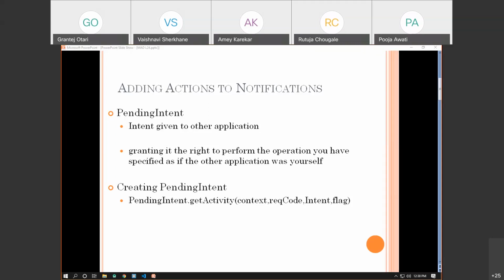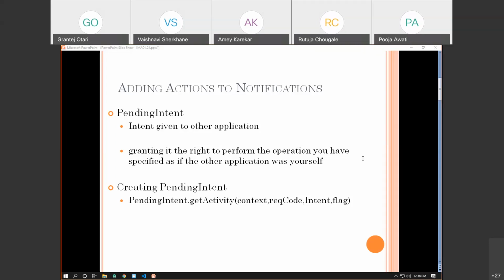Anyone in the chat box? What do you mean by intent, or why are intents used? Exactly. So intents are basically used to call another activity.